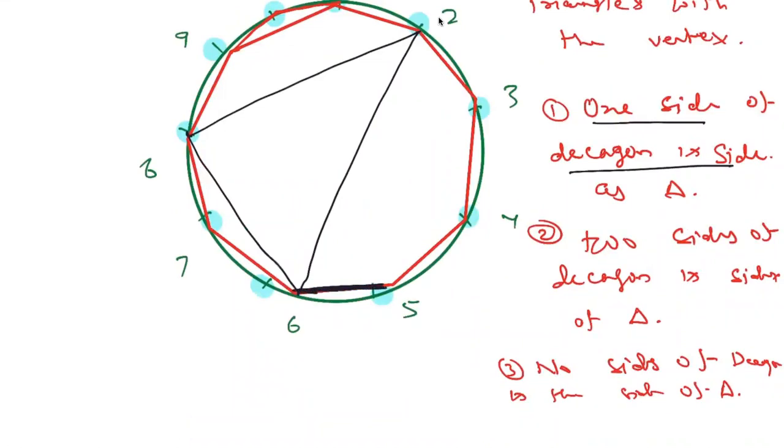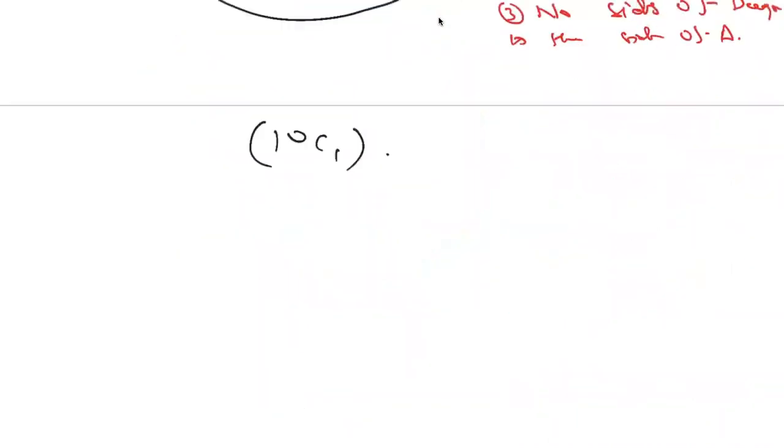So now if only one side is common, I'm not selecting these two. So already we have selected 5 and 6 and not selecting 4 and 7. So we are not selecting these 4 points. So we have only 6 options. Out of 6 we have to select one when one side of decagon is common to the side of triangle,